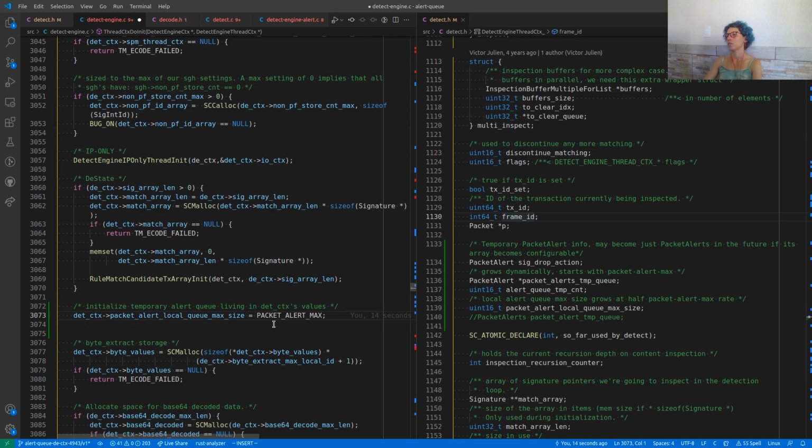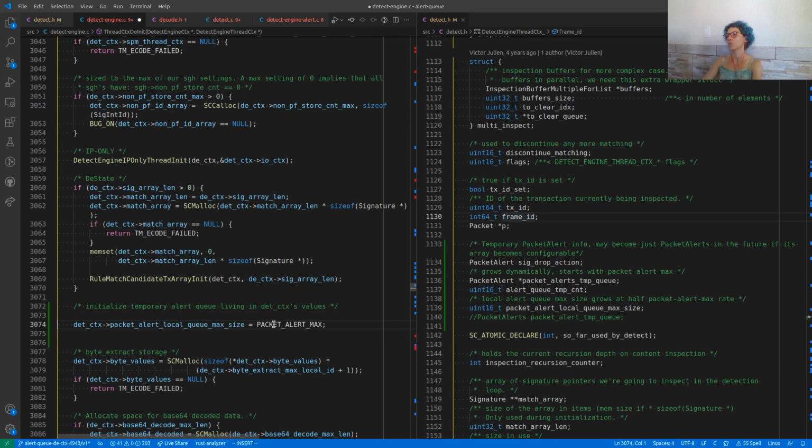Before that, we want to initialize the temporary counter. And that is alert queue temp count. And that's 0. We don't have anything there yet. And now things get tricky, complicated, scary.